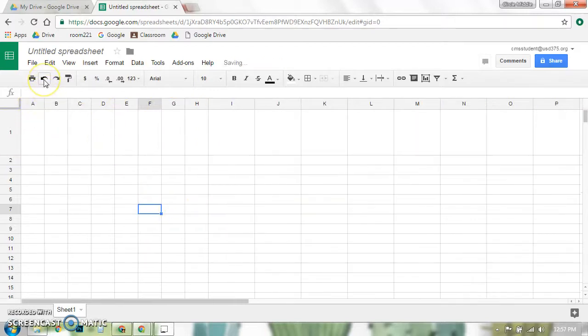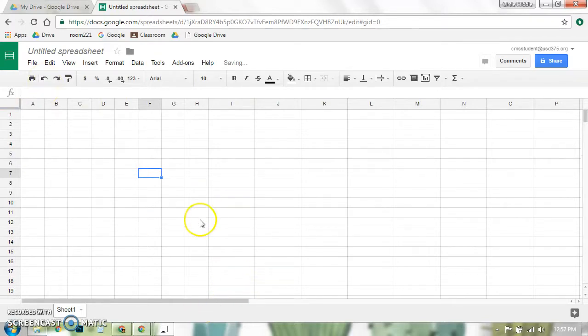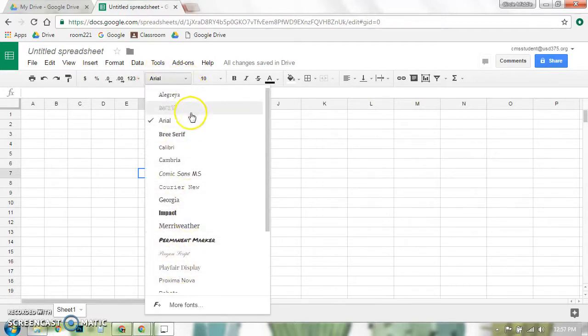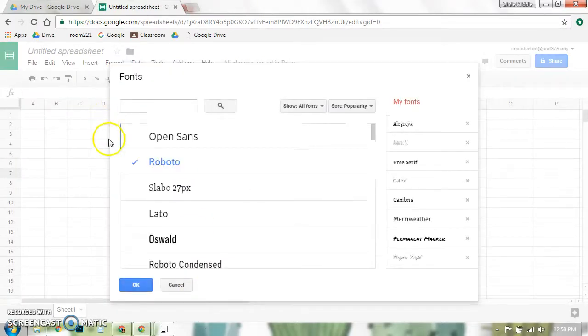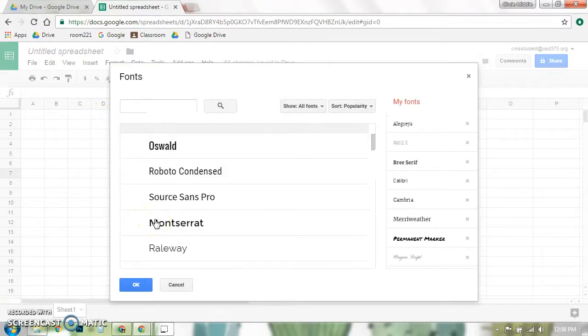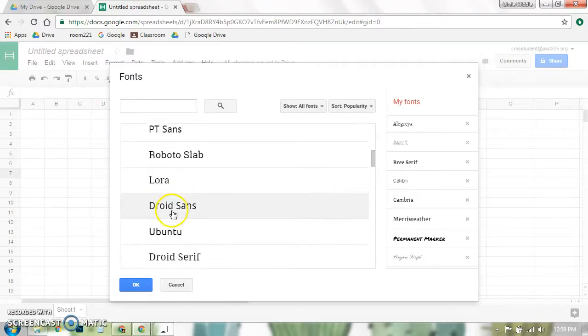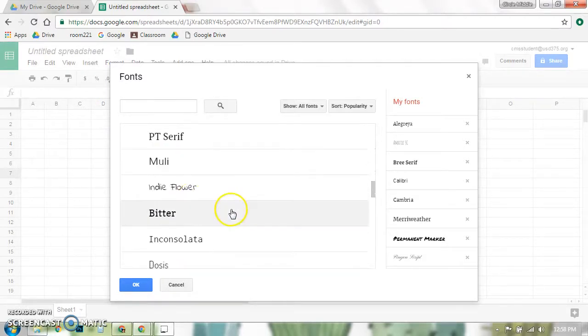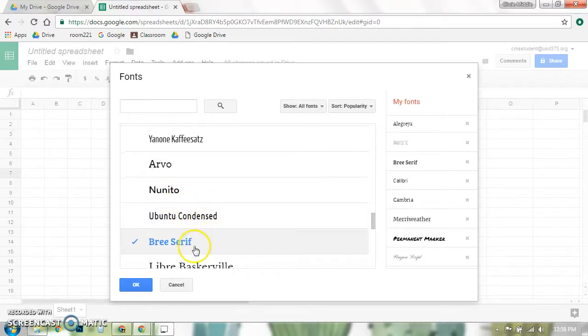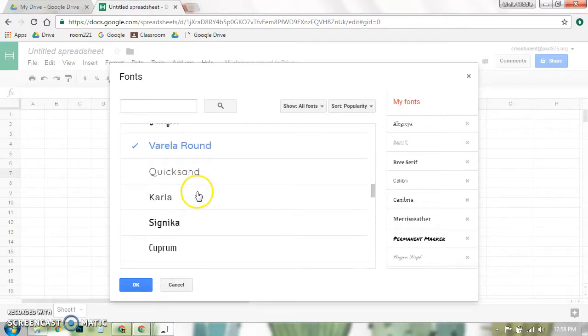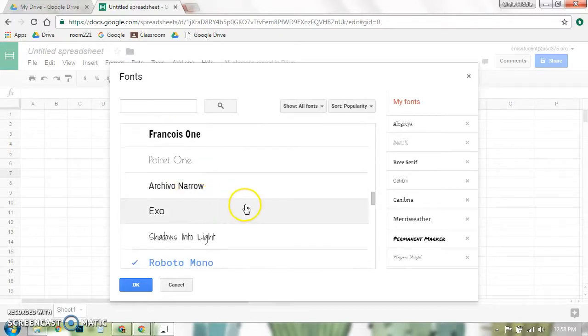I'm going to go ahead and undo that so it looks a little bit more normal. And then we're going to come up to our fonts. You guys are used to changing fonts. Here are your fonts. If you go down to the bottom though, this says more fonts, and this is where you can get some more interesting fonts if you scroll down, and this is where you can look for your headline fonts. Your headline fonts are going to be the ones that are designed a little bit more, like Pacifico,